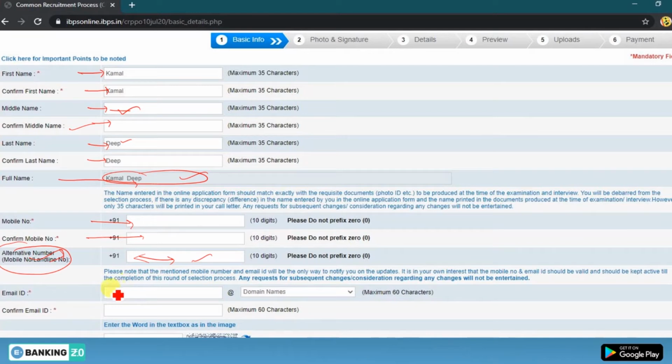Done. Now please enter your email ID here. Here you will enter your domain name. When you click here, some options will be opened. Then enter here to confirm your email ID. Both should be the same. Done.